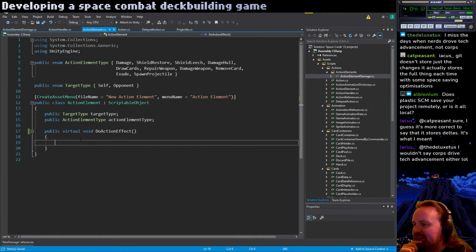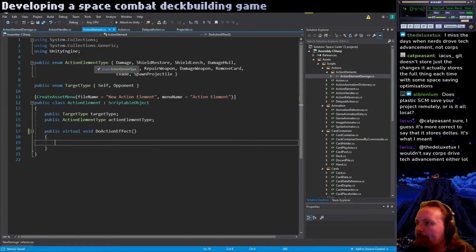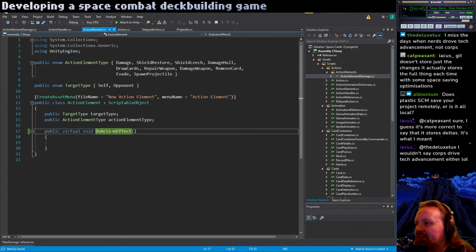Yeah, I'm kind of stuck here. I'm not sure how to do this. I'm not sure even what I want to do. Sometimes you just have to try it. The thing is, if I have a separate class for each type of action, do we even want it to be a scriptable object? I don't know. These are tough design decisions. It's like, yeah. Because I'm not really sure the point of having...